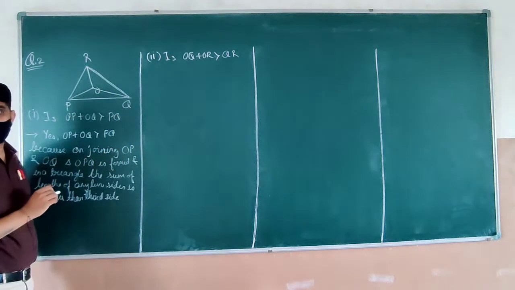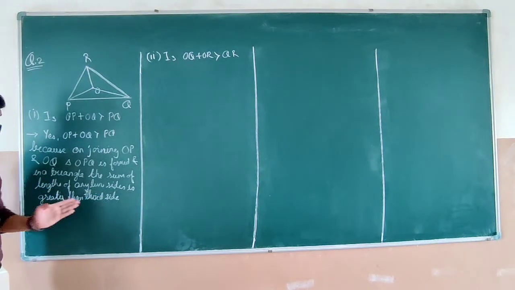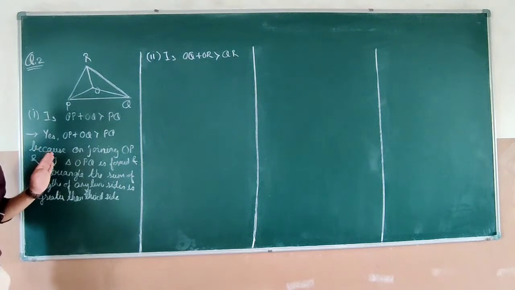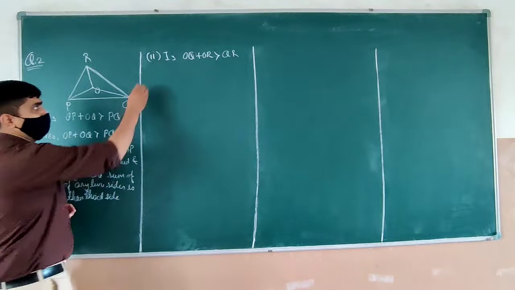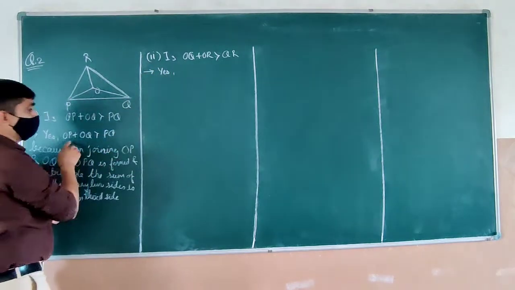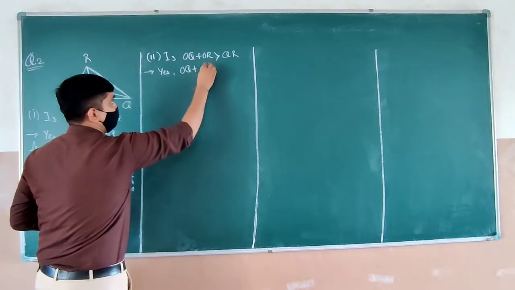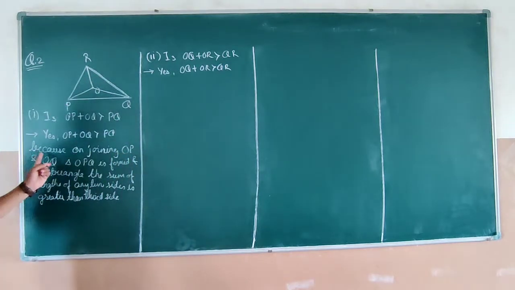And we can say in a triangle the sum of the lengths of any two sides is greater than the third side. Same way we are supposed to give the answer. How will we write? Yes, OQ plus OR is greater than QR. Then same way because